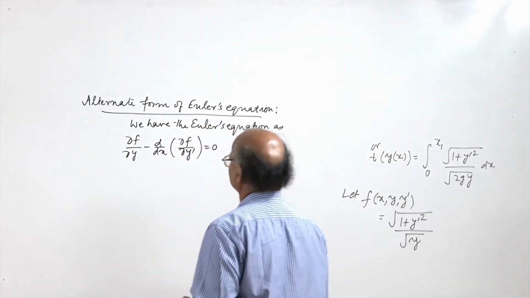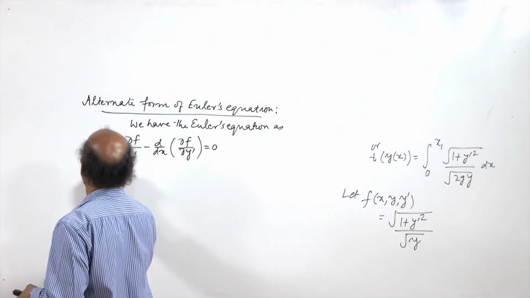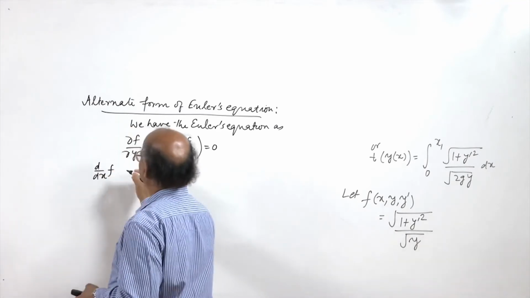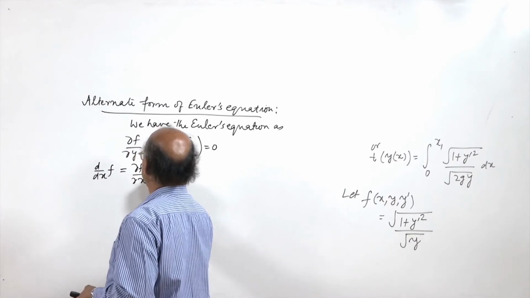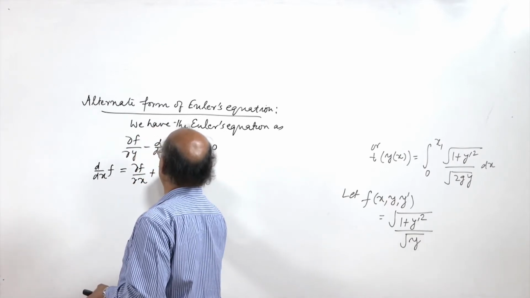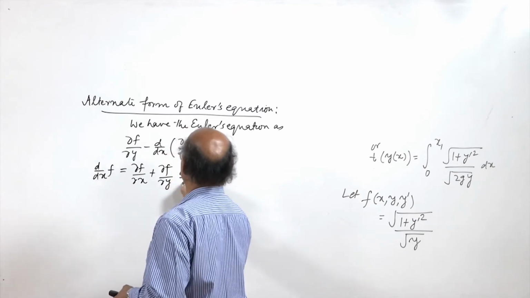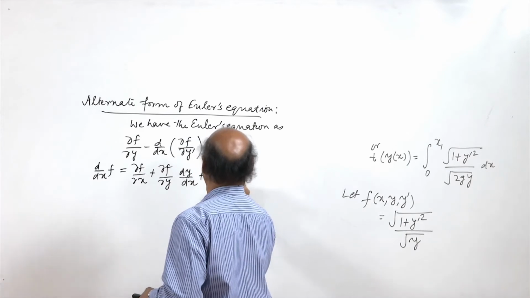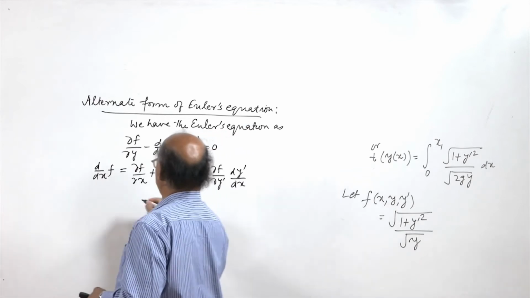Now let us find its alternate form. Let us find first d/dx of f. Now f is a function of x, y and y', so I can write it as ∂f/∂x + ∂f/∂y dy/dx + ∂f/∂y' dy'/dx, or I can write it as